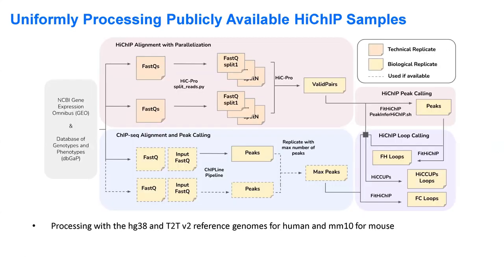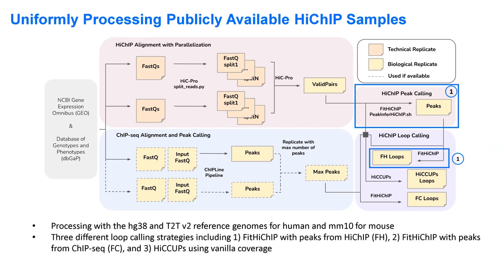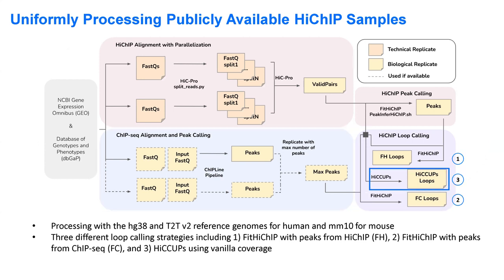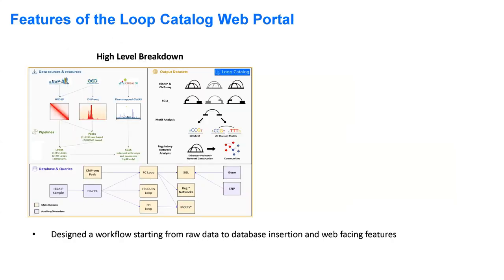We've built a pipeline that's able to handle hg38 and T2T, as well as mm10. In addition, we call loops with three different strategies, one using just HiChIP data itself, another using ChIP-seq, and another using HiCUPS, a standard protocol that's used in the original HiC data type. From there, we took all of this data, incorporated it into a database, and introduced new novel features for our